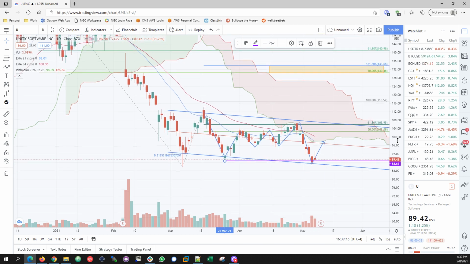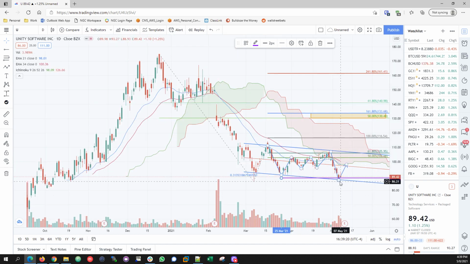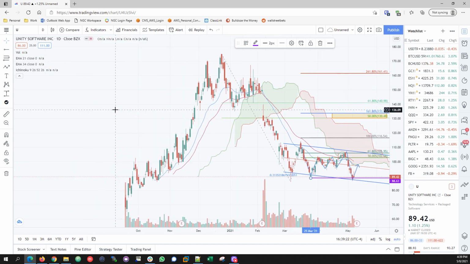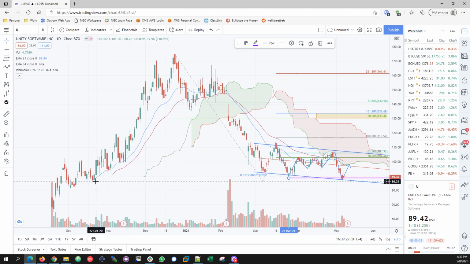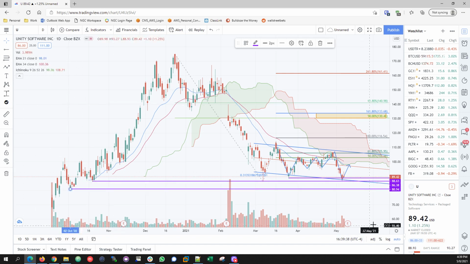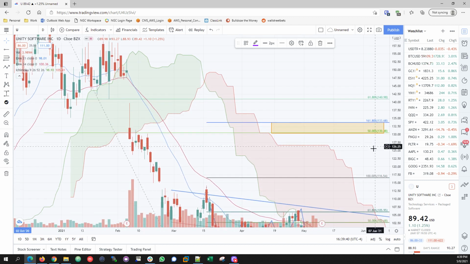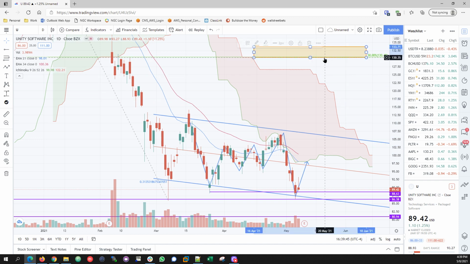Okay. Where could it potentially go down if it breaks down this channel? We can take a look. Well, it's a new stock anyways. It's a recent IPO, but this level is pretty good support, and this level is a pretty good support. Okay. So what are they? I can read it. Let's go ahead and delete all this, keep the chart less busy.